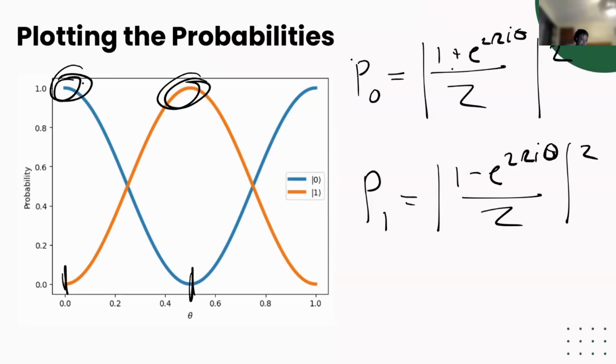So this is good, but it's not great, because we'll see here that if our estimate of theta isn't exact, so say we're not guaranteed to be on theta equals 0 or theta equals 0.5, then we'll have some kind of mixed probability in this region. So it's good, but it's not great.